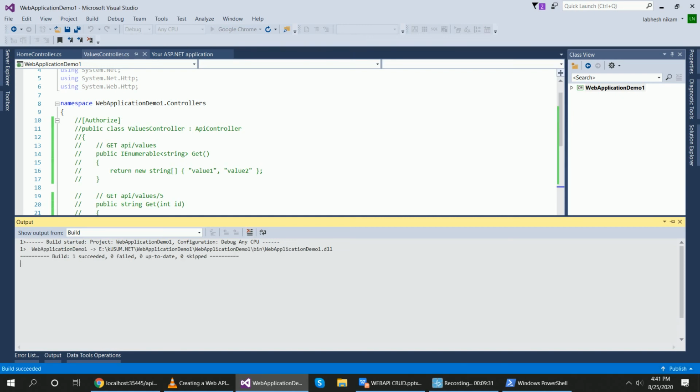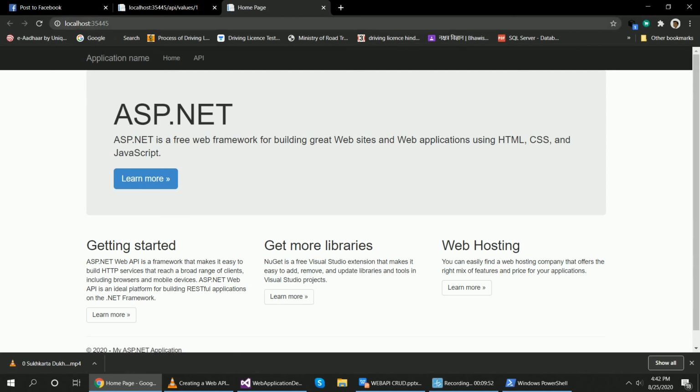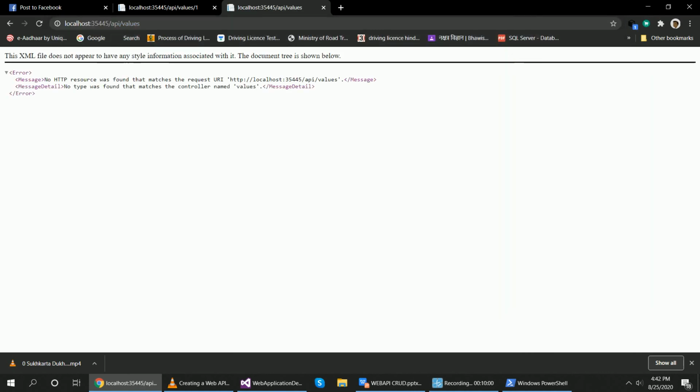While you are building the application, it must succeed, right? Run your project, api values. Okay, see what the message is.